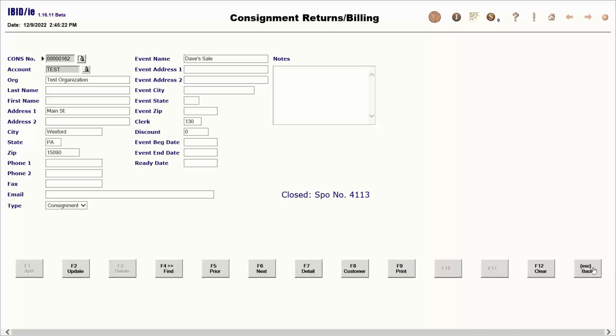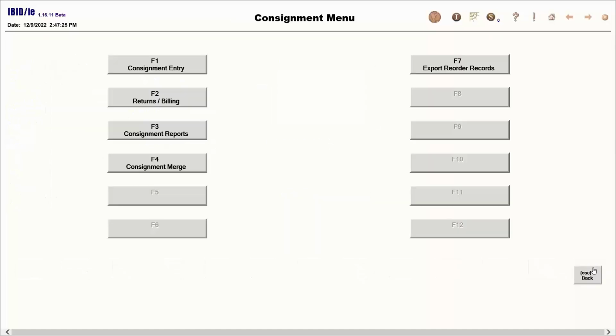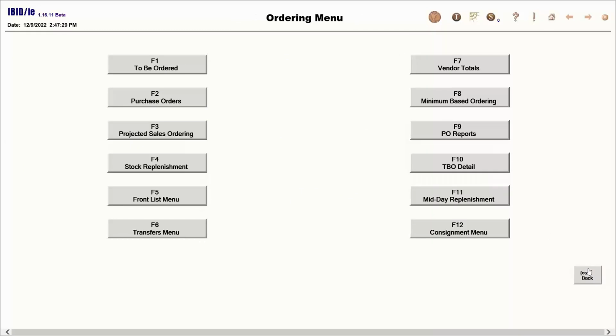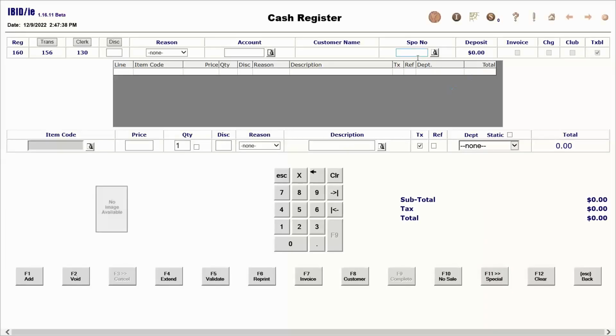But the thing about this special order created in consignment, it's not going to create to-be-ordered records for all those items that normally happens when you create a special order. It just creates the order, but it doesn't create any of the to-be-ordered records. So you don't have to worry about having to remove them or anything. If I then go into the register and I put that special order number in,